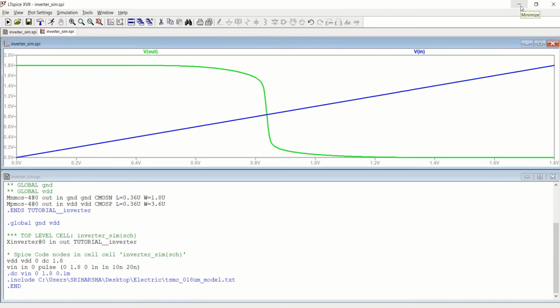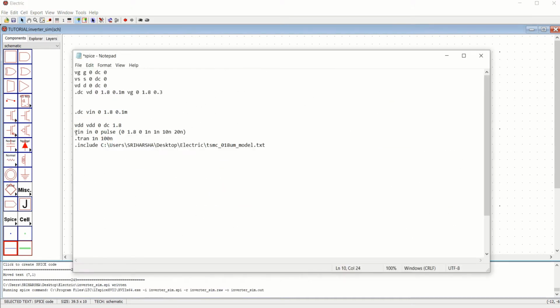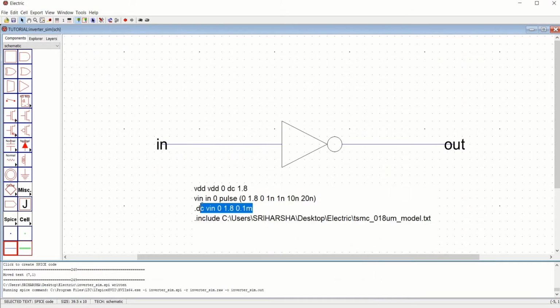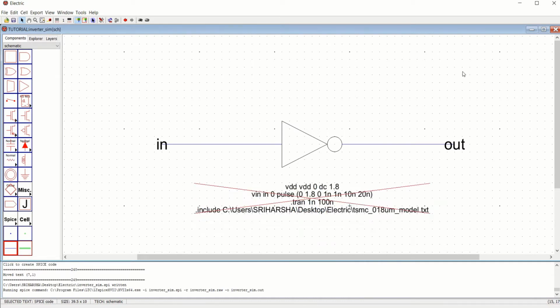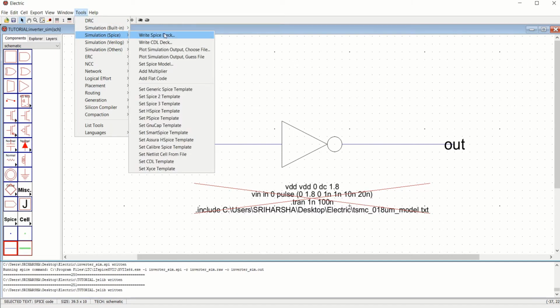Similarly, you can change the text format. I'll give the input as a pulse and do the transient analysis. Because this is a free tool, it can perform only one operation at a time, not both simultaneously. So you can again go back to Simulation, SPICE, Write SPICE deck.